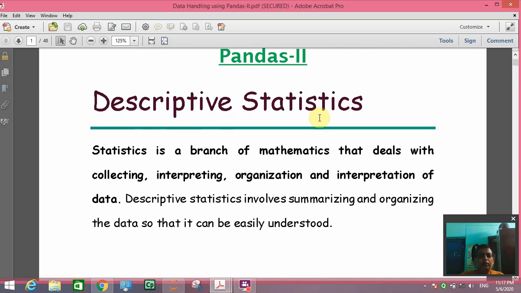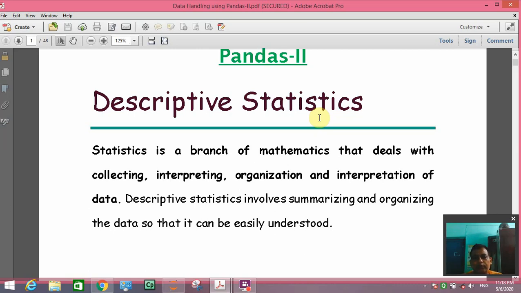Why we do this type of activity? Because today we are all running around data. We all need information about many things, like thousands and thousands of users in banks, lakhs of users of Facebook, WhatsApp.